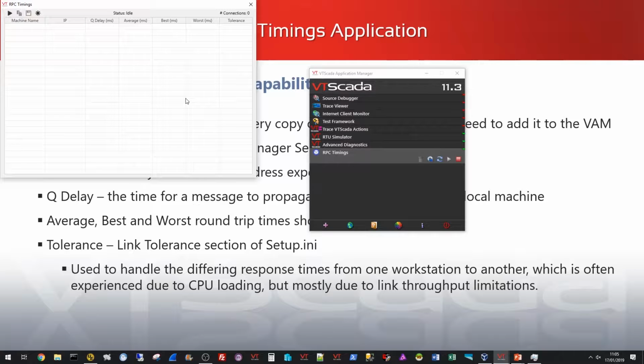Running it up displays a grid list view. It's a very, very simple application. If I just press the play button, it will fire off an RPC query to VTScada, to the RPC manager, and monitor how long it's going to process and round trip. So what we've got here is the first column is the machine name. So this fired a message to KDNB VM. It said the IP address is